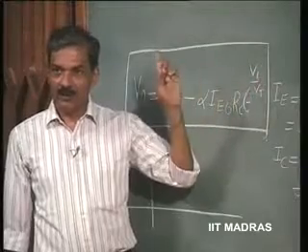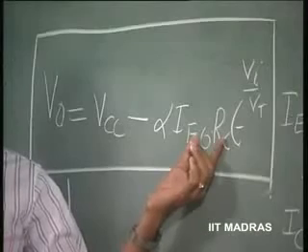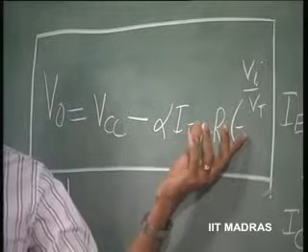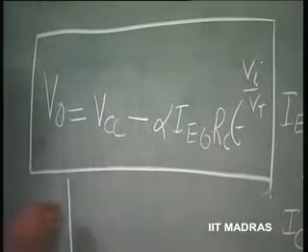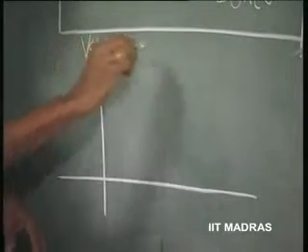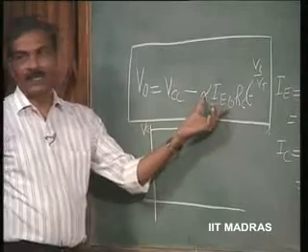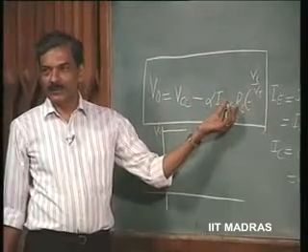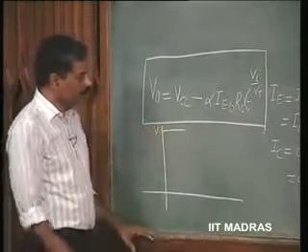this exponent is going to be e to power 0, which is 1, and alpha IE naught RC is the only drop, IE naught being of the order of nanoamperes. RC may be of the order of kilo ohms, so this voltage may not be much. It can be ignored, or it is slightly less than VCC. So it is going to start at very nearly VCC, because for RC of the order of kilo ohms and IE naught of the order of nanoamperes, this voltage is going to be extremely small, with VCC of the order of volts, let us say. So it is slightly less than VCC, and it will start